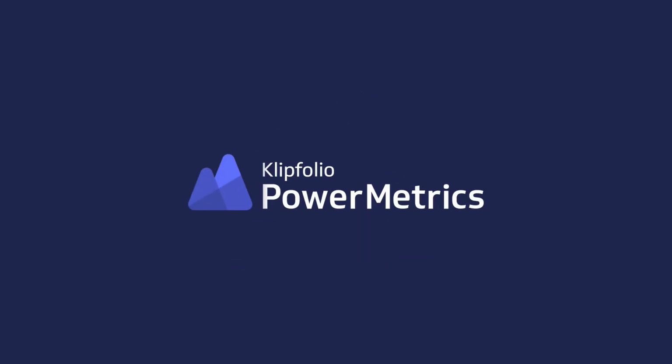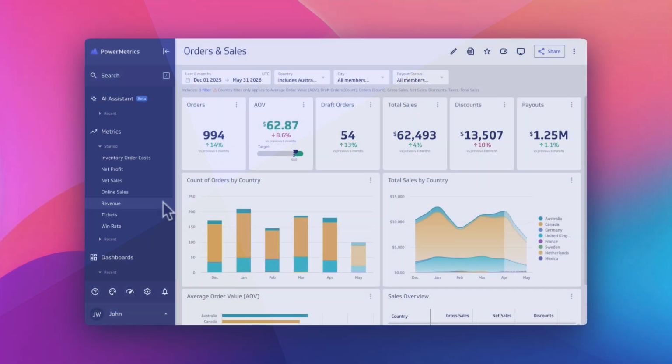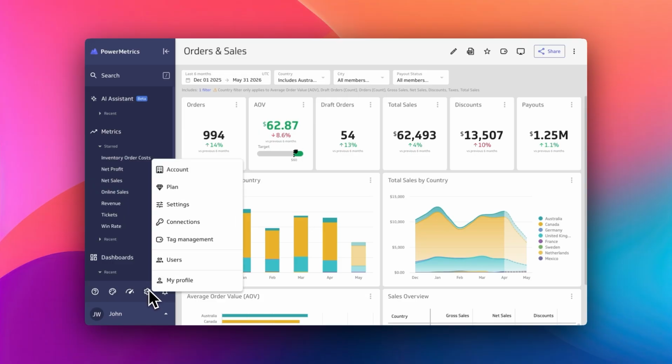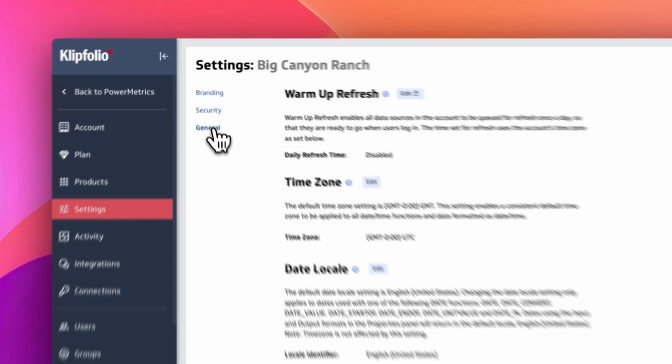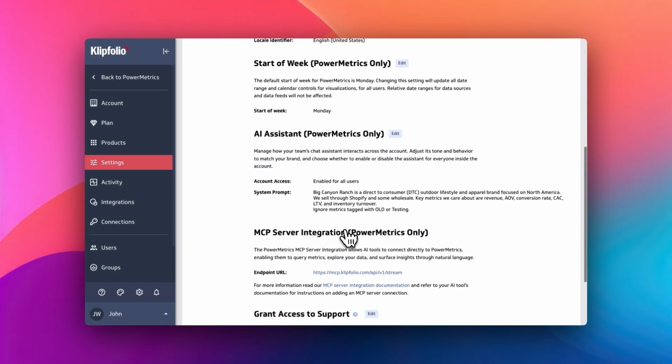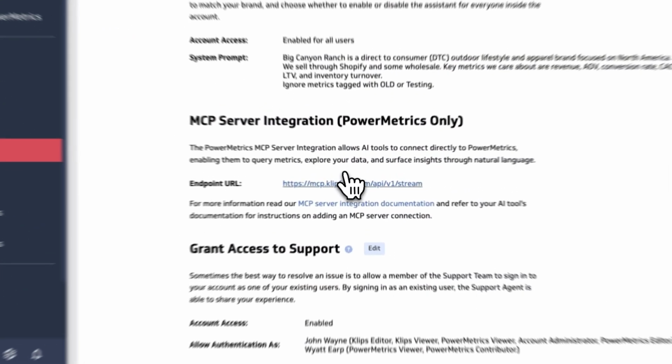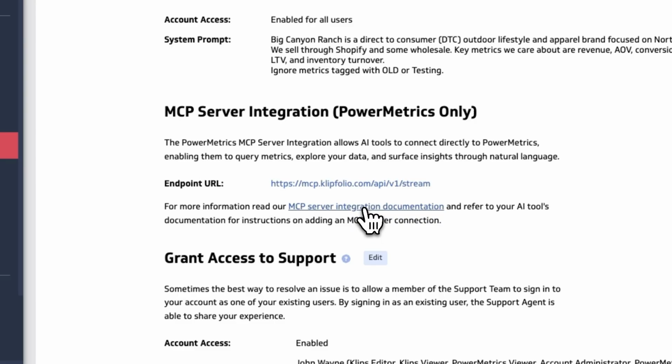Today we'll take a look at the PowerMetrics MCP Server and specifically how to set it up with Claude. We'll start by going to Settings, and within the General area, when you scroll down, you'll see MCP Server Integration. This is where you will find the MCP endpoint URL, but for now we're going to click on the documentation